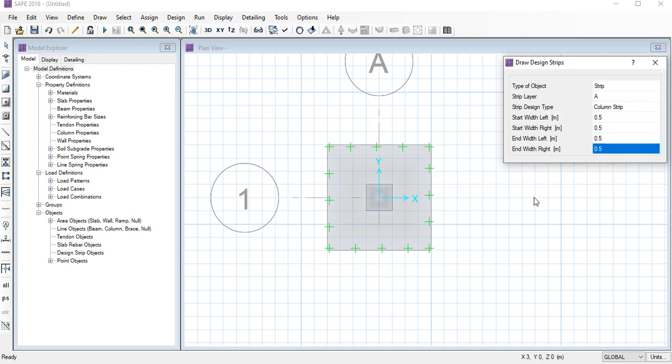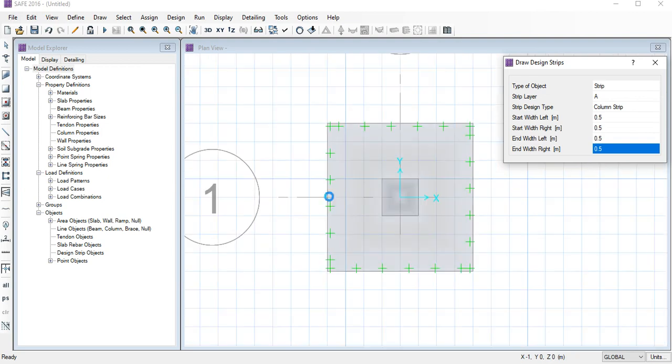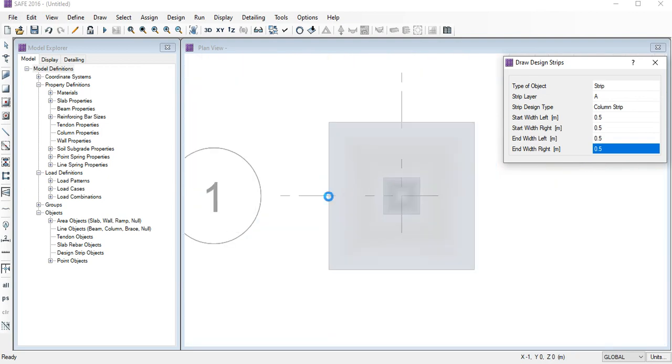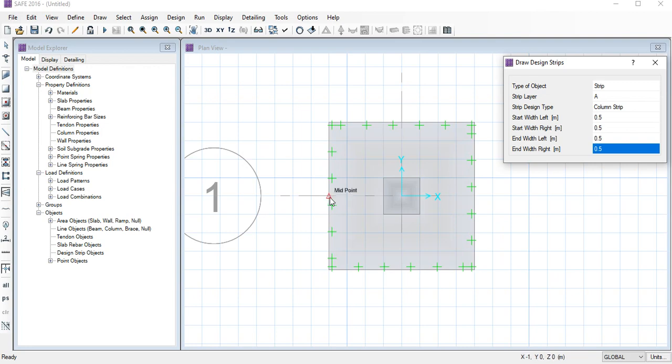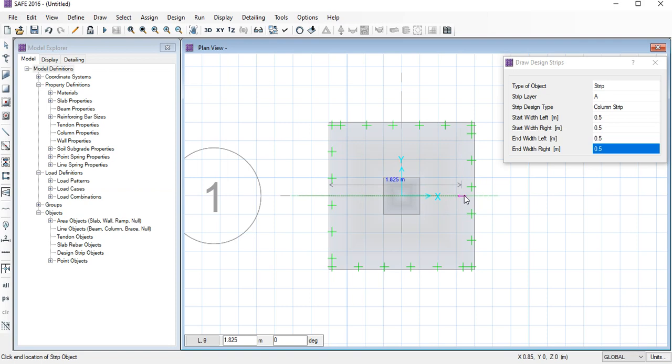After putting all the data, you can just draw the design strip. How you will do it: after defining these, if you go to your footing, you can see the snapping option will be shown. So here the snapping option is showing, you need to click here, and after that you can just click in this way, and to finish you need to right click.